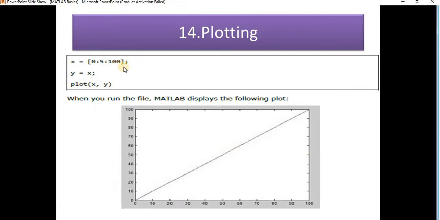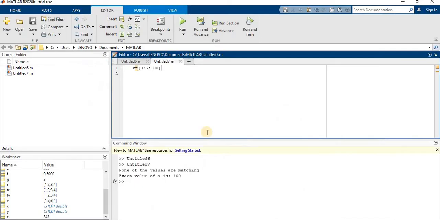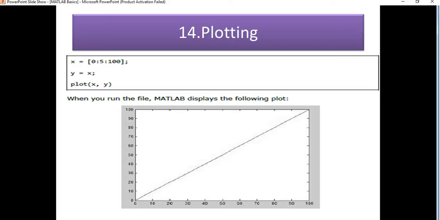See here, x equal to 0:5:100. And I am declaring one function, that is y equal to x. After that, we are using the command plot x comma y. I am just plotting x comma y.